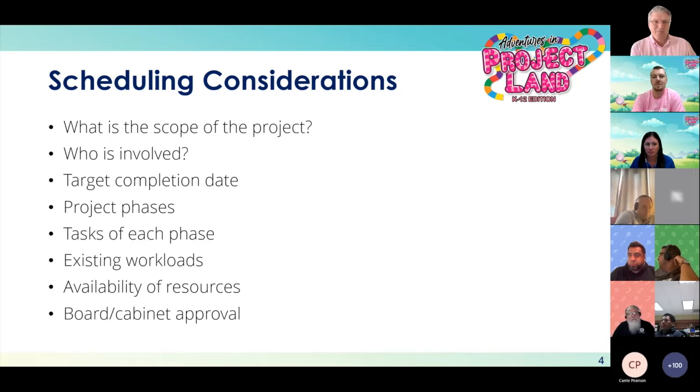Availability of resources. I think we all experienced this during COVID. I know we certainly did here in Fallbrook, where things that were typically readily available, like Chromebooks, hotspots, computer monitors, all of a sudden were very, very hard to find. And not just physical resources, but also looking at your resources in terms of budget and people power to make the project happen.